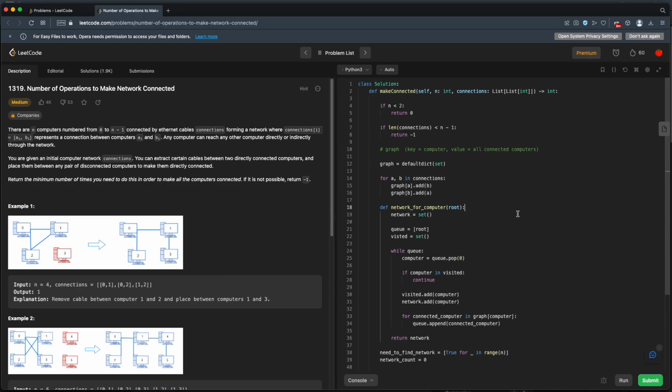All right, so our network for computer is very similar to a depth-first search. We'll start out with some queue with our root computer or base computer. While we still have some computers in our queue, we'll grab a computer out. If we've already seen this one, we'll just continue. If we haven't seen it, we'll make sure we add it to our visited list, and we'll add it to